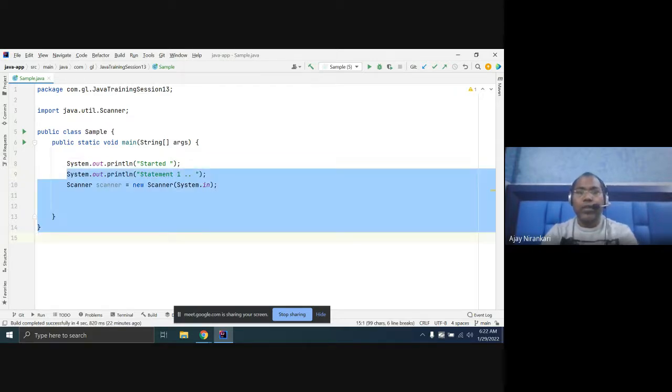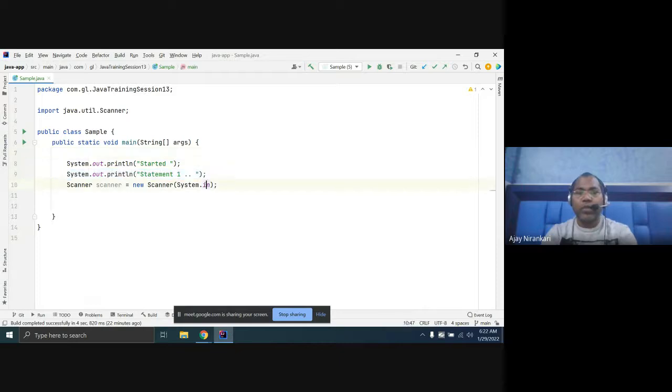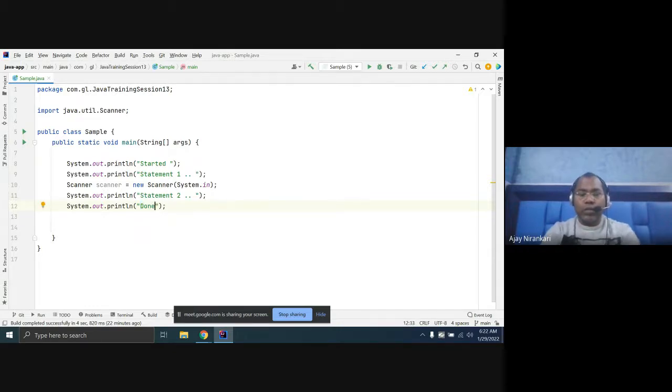In this way you have written some code. Statement one, then statement two, and then "done". So here you have written some lines, line 1, line 2, line 3, line 4, line 5.